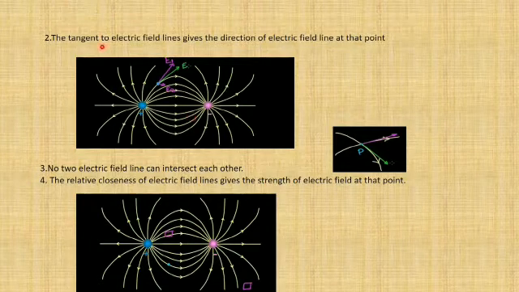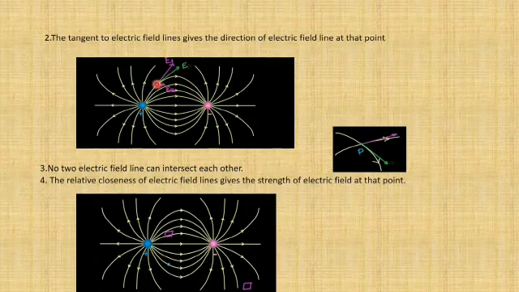Now, the second property is the tangent to electric field lines gives the direction of electric field at that point. Now, there we have considered two isolated charges. These are now two charges kept together. The one is positive, another is negative, right? So, at this point, you see the pointer. If at this point I put a test charge, what will happen? Because of this positive charge, that test charge would be moving outward. It would be repelled because of the positive charge, and because of this negative, it would be attracted toward this side, right? You can see with the vector direction.